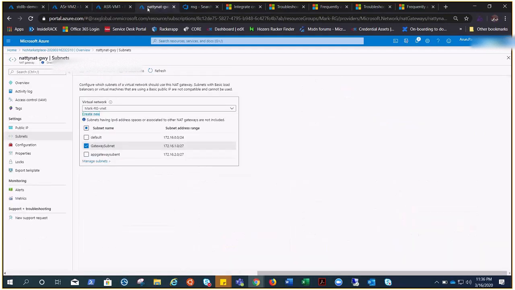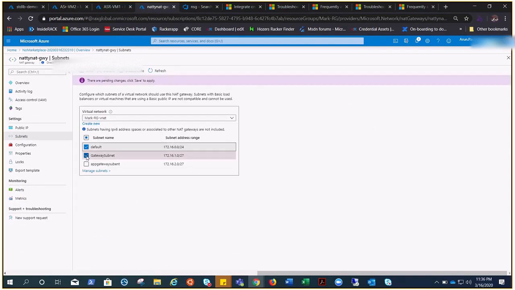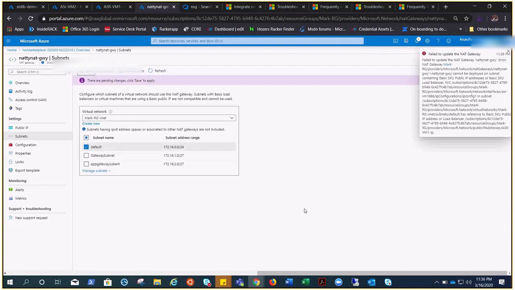All right guys, ready to learn something new today. If I choose default and uncheck gateway and save it, it gives an error. So we learned two things. First of all, it should be the same subnet. Always check. Do not attach it to a different subnet. We did attach it to the default, but somehow it falls to the gateway subnet. I'm pretty sure we selected default, but it is because